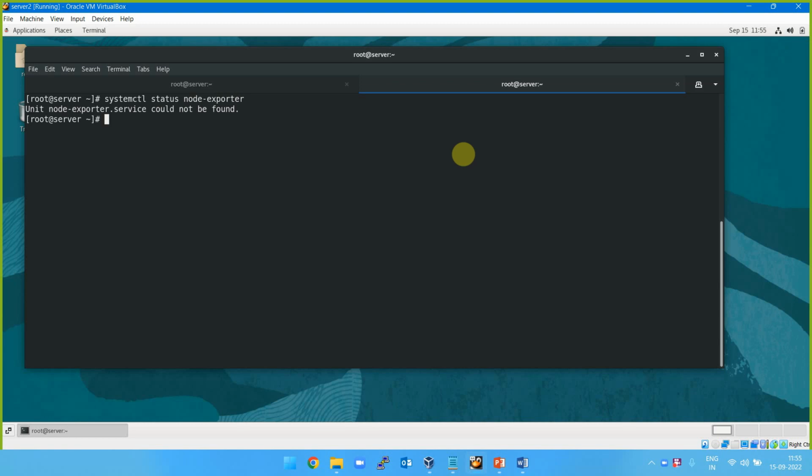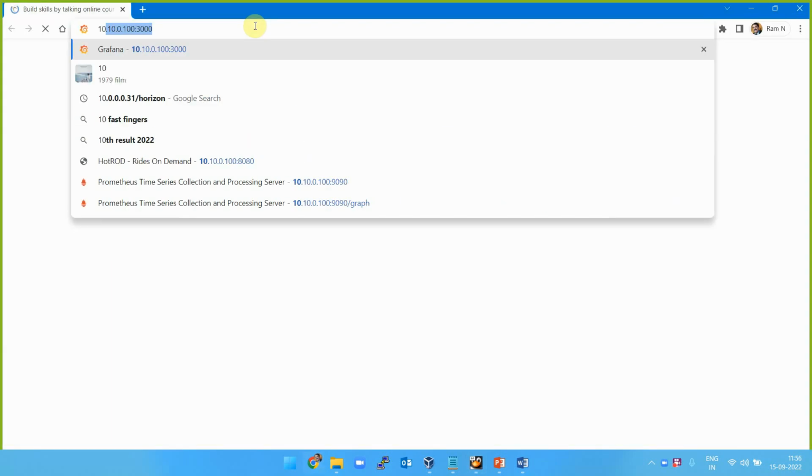I remember node exporter or what? What was the name? Probably okay. I'll check that later on. That's not more important for me. But yes, Prometheus is up and running. That was more important for me. Prometheus